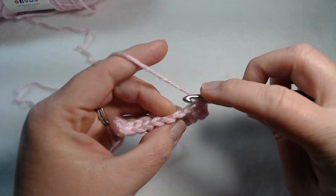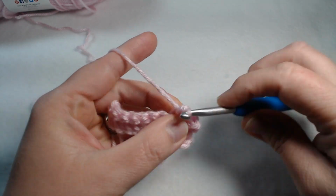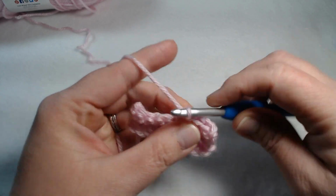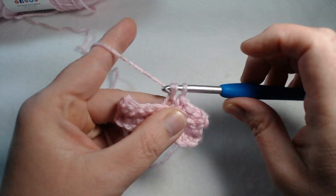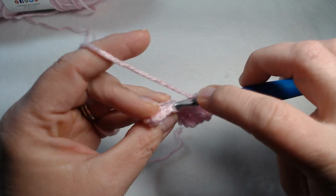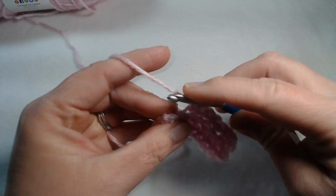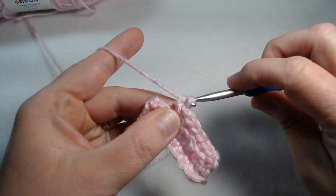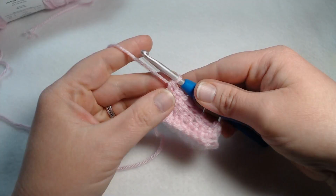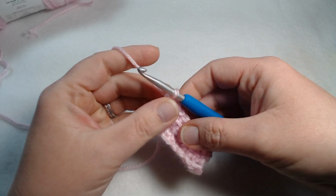3, 4, 5, 6, 7, 8, 9, and 10. Make sure to watch your tension so that your stitches are not too loose or too